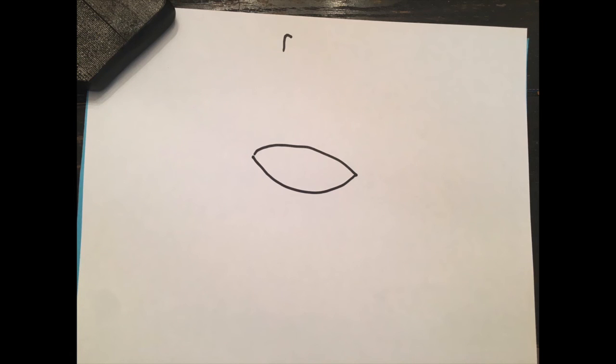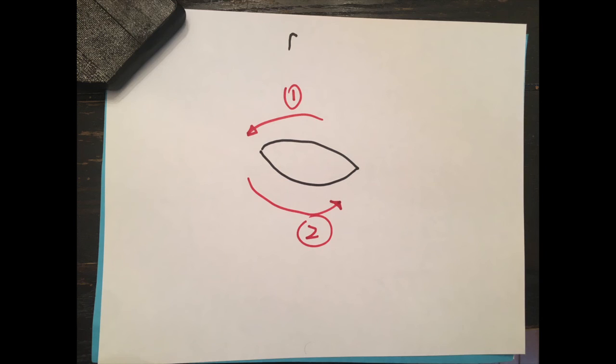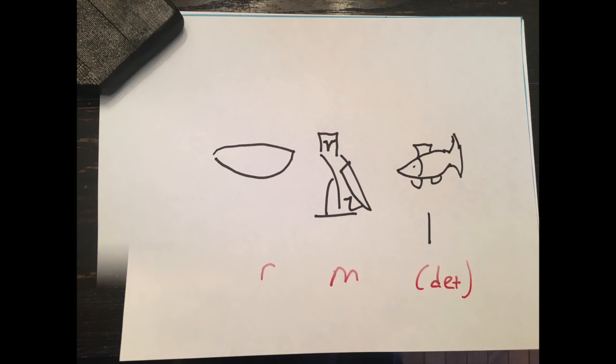All right, last one. So we won't do a person this time. Instead, now we're going to end with an animal. All right, R, an easy letter to do. It's the mouth. So it's a curved line up and a curved line down. Again, picking up your pen between strokes in order to do it. Now, the mouth can also mean to speak, and it's used a lot as an ideogram, but in this case, it's pure sound. So we've got R followed by, we just did this one, M for the owl, and that's